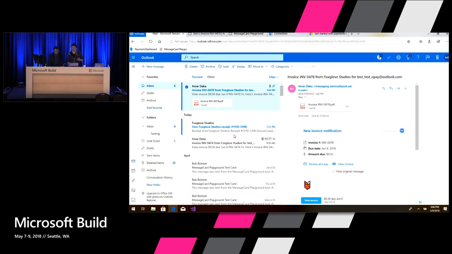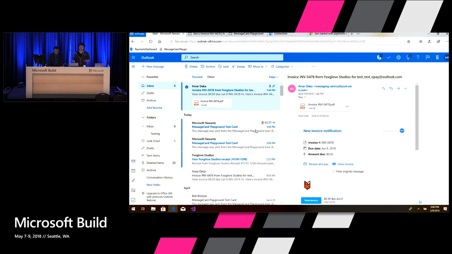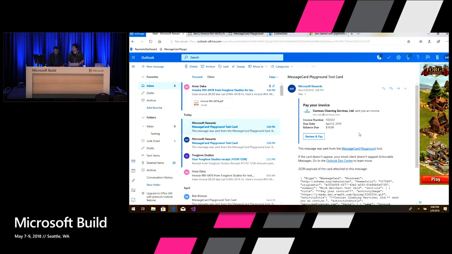If you go to messagecardplayground.azurewebsites.net, you can craft your own payload and send it to yourself really easily to test this out. Currently, with the permission set that you're given immediately, anyone can send a message card to themselves. Once you're ready to publish, we'll go over how that process is. But when you want to test and develop, that's a great resource for you to be able to craft your own card. Yeah, thanks, Jerry. No problem.